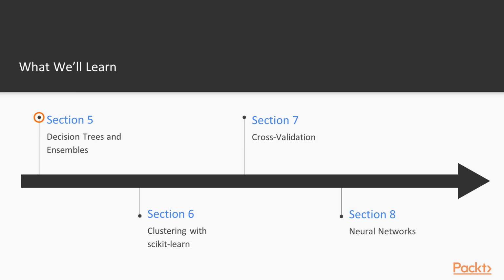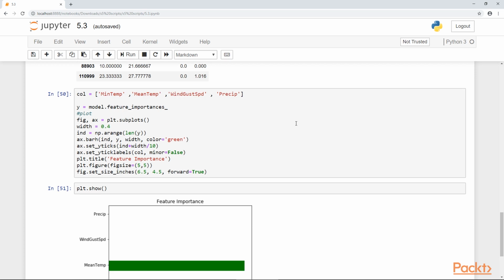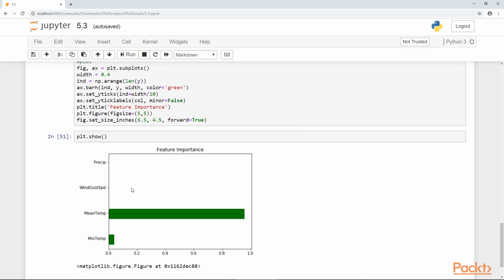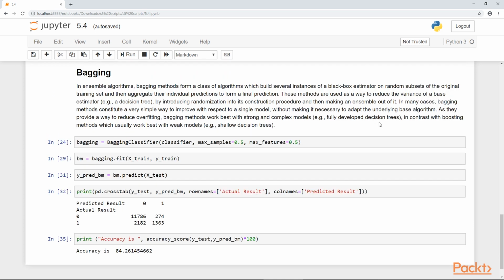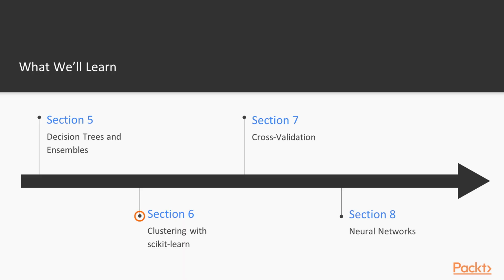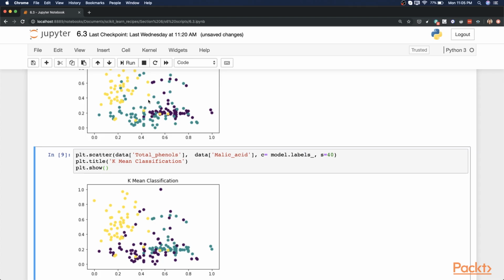And Section 5 will be decision tree algorithms and ensembles, and this will include random forests, KNN model with bagging, gradient boosting trees, and decision tree classification. Then Section 6, we will be clustering with scikit-learn, and we will be building a k-means clustering model and a Gaussian mixture